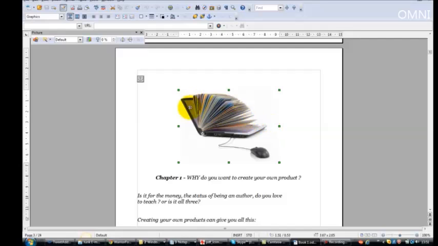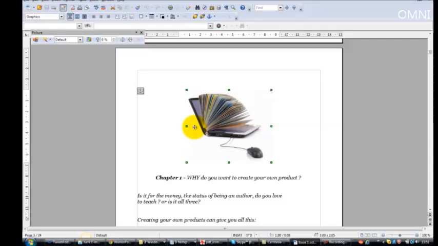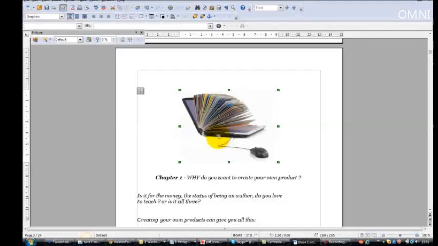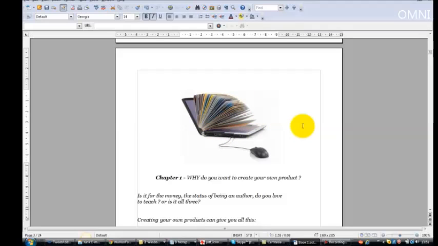Now, when you import the image, you can resize them like this. You can just drag and drop them to resize them. I tend to try and have all the images of a similar size, but there are occasions, for instance here,